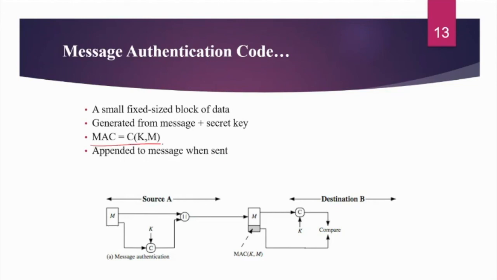So this is the method of MAC generation. It depends on the key and message. First the message will undergo this function along with the key K. Then the message code is appended with the message and sent over the channel. At the destination end, again the same function is used with the same key. MAC at the receiver is generated and compared with the MAC coming from the sender. If both are the same, we can validate the authenticity of the message. Otherwise, we can say the message is altered, tampered or corrupted in between.